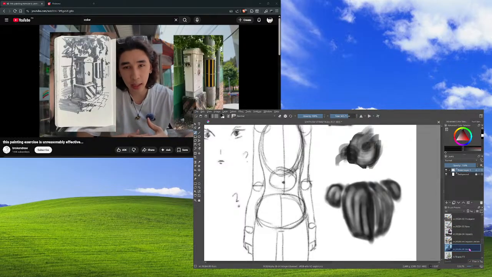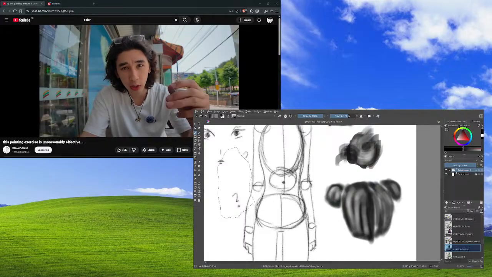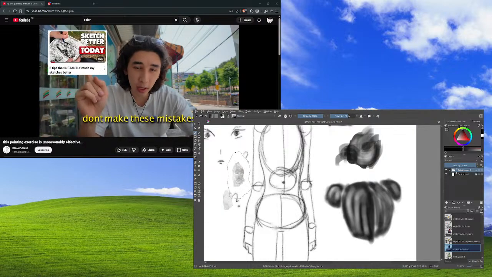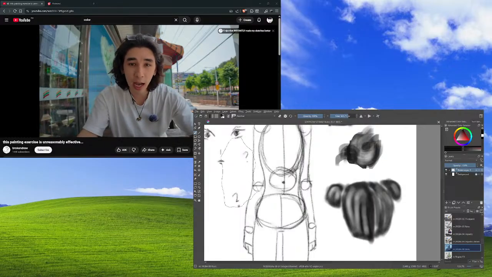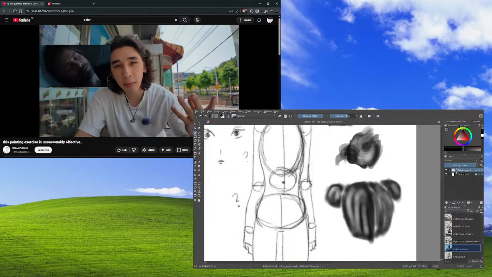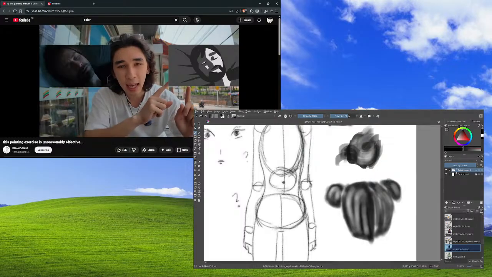Now you can do these studies on paper or you can do them digitally, but I did these wrong for so long. So make sure you're not making these mistakes. Firstly, as I mentioned in this video, trust your eyes because your brain lies. An example of how my brain used to lie to me: look at the image and then look at my painting. Notice how the values aren't the same,